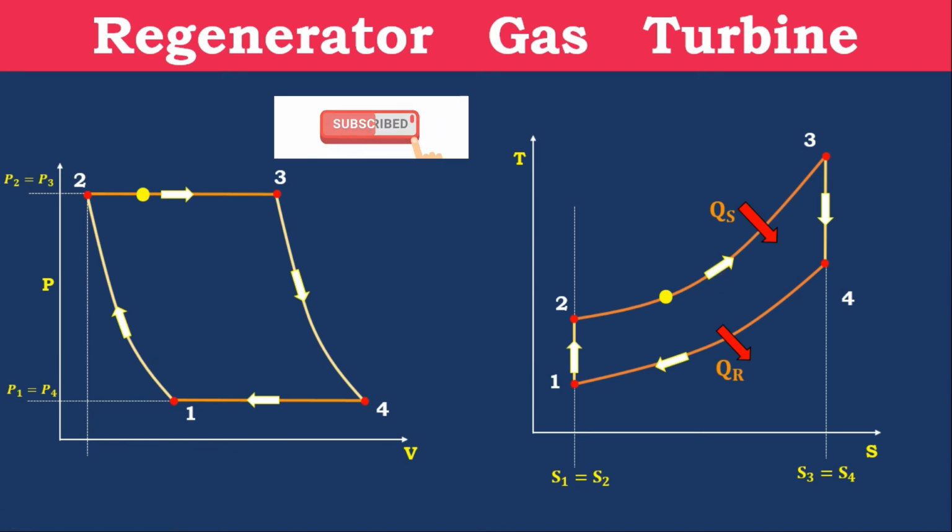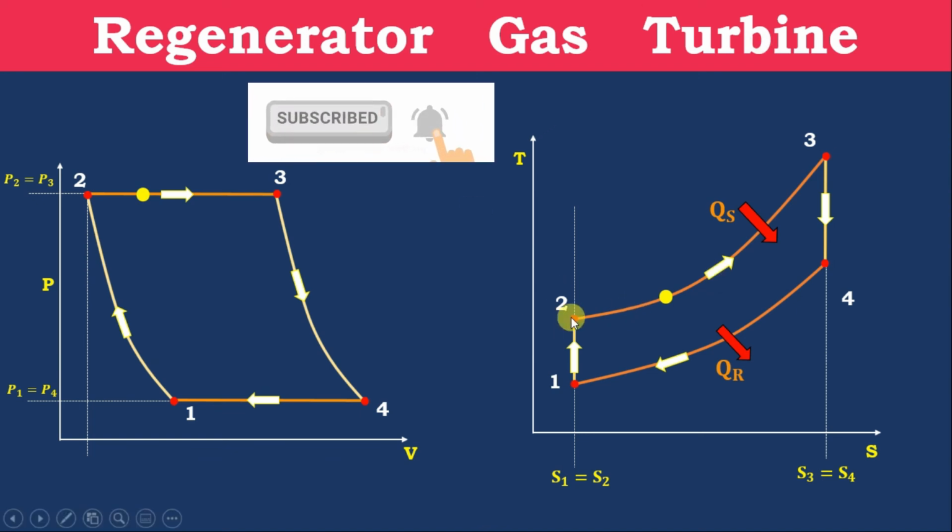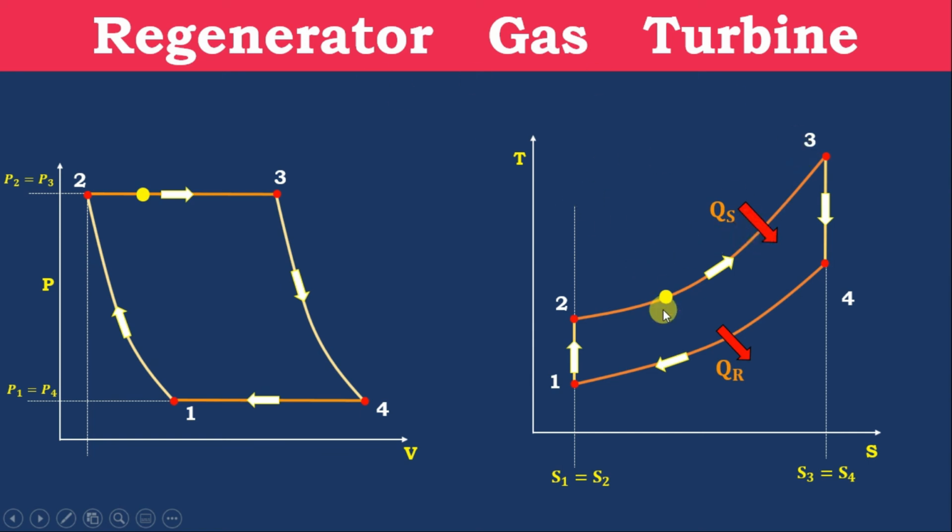Let's take an example. If you do not have a regenerator, the heat given to the system is from here to here, that is 2 to 3. Due to the regenerator, the heat given to the system is only from here to here. So how it happened is that we are reducing the outlet temperature of the turbine, so that we are sending a very low temperature to the atmosphere. Let us see the numerical understanding. If you can see here, T5 to T3 is the only heat given to the system when you have a regenerator. If you don't have a regenerator, that becomes 2 to 3, the entire one. So there is more heat addition to the system without a regenerator.